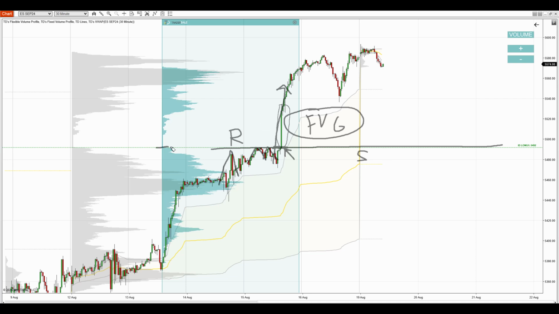The heavy volume zone also begins in here, so that also adds strength at least a little bit to this level, but everything together I think makes a nice and solid level to trade from. So what we need to do now is just wait for that pullback, and if it occurs, then take it